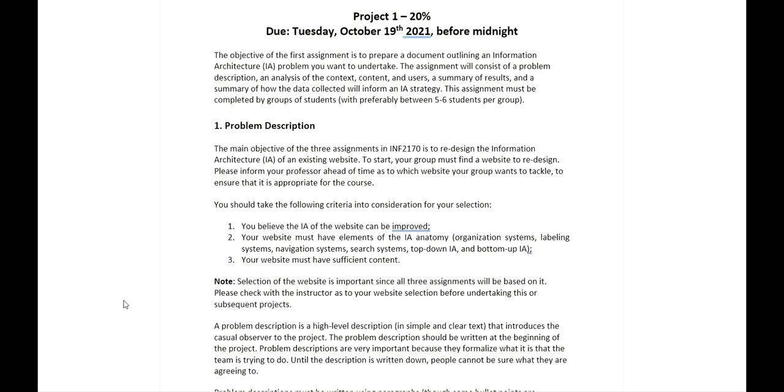the problem description here, which is, as it says, to redesign the information architecture of an existing website. So your group has to find a website to redesign, and you need to inform me ahead of time as to what website you want to tackle to ensure that it's appropriate for the course. You should take the following criteria into consideration. You believe the IA of the website can be improved. The website must have the elements of the IA anatomy. So there should clearly be an organization system, labeling systems in place, a navigation system, search, and top-down and bottom-up